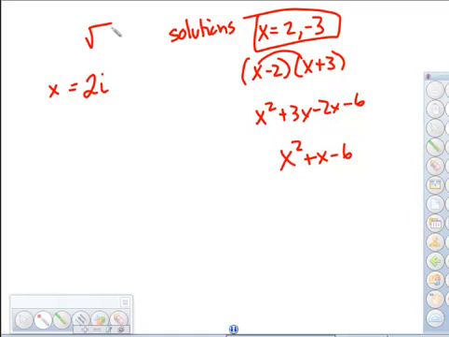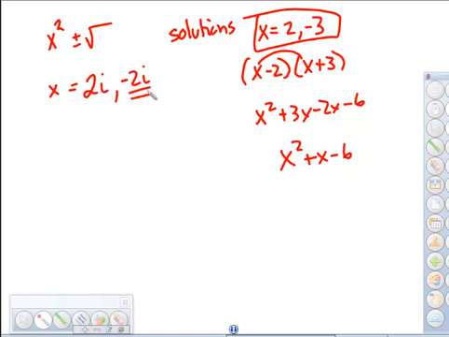And then whenever we're solving and we take the square root, that means that there used to be something that was squared. So that means that there's going to be plus or minus. So whenever you have 2i as a solution, then negative 2i will also be a solution. Do you guys see how these two numbers are called conjugates? So if you know that 2i is a solution, or it tells you, then that also means that